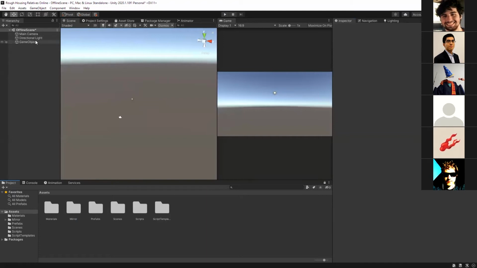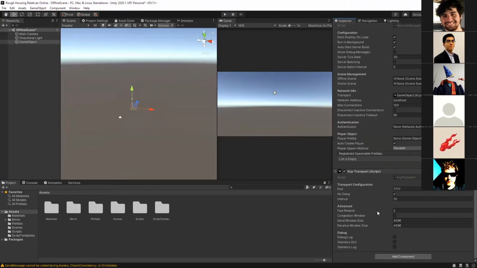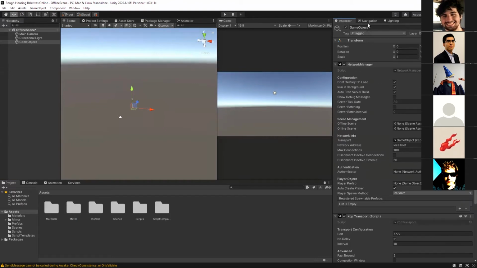And now, since we imported Mirror, we can add a component, and we're going to look for the Network Manager. We're also going to add the HUD to this, which is right there. And this game object will be the network manager. That's all we have to do for the network manager, for now anyway.